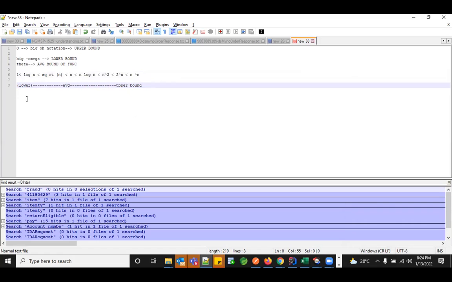So we always need to consider the lower bound. Whenever we are trying to write a program, we need to see that the complexity is always below average and not above average. If the complexity of your problem is really heavy, then you can come into the upper range. But if it's a very simple program and you're trying to achieve your result set, you have to be in this range and not above this, for your time complexity as well as for space complexity. So the lower bound will always be your big O, this will be big omega, and this would be your theta function. So are we clear till here? Do you have any questions?